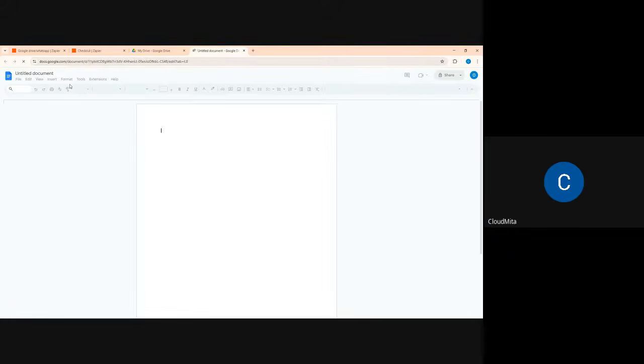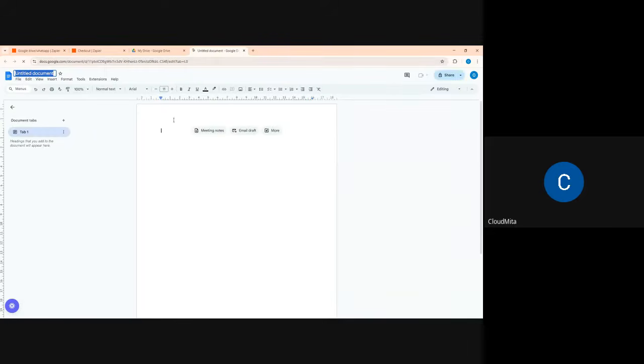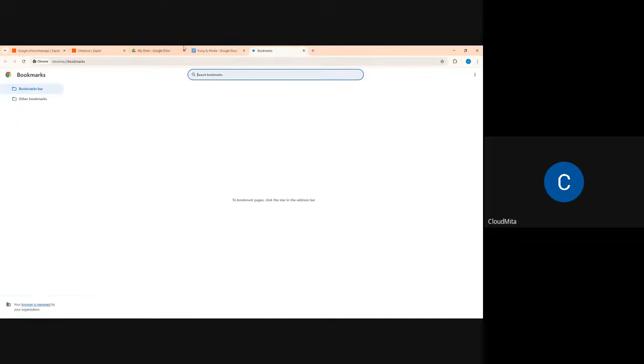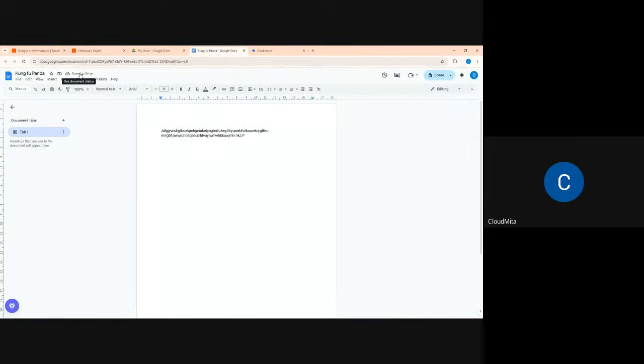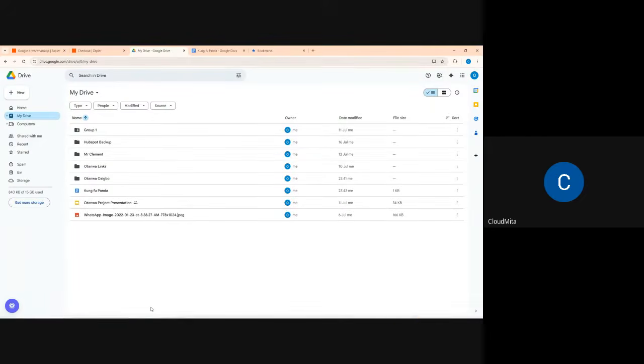Come on now, load fast. Okay, let me just type something here. Let me call it Kung Fu Panda. I'll just type blah blah blah here. Now I'll type all these things, hoping that I'll get a message. So let me click on save. You see that it has already saved now, Abby. Now let us go back and check if we're going to get a message in our